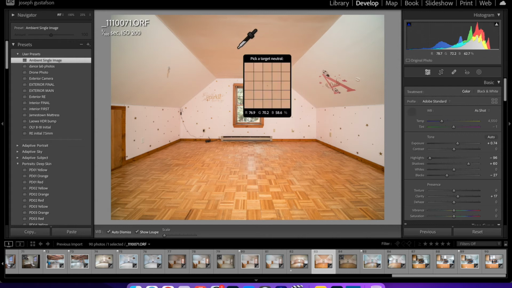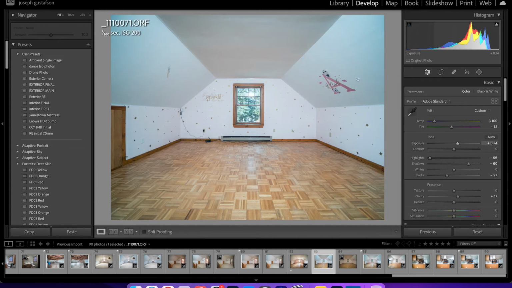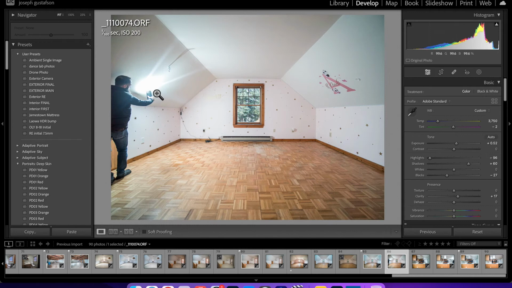again. I'm going to pick that ceiling to get me a better white balance. And we're going to come over here and notice the flash hotspot there in the window. All we need to do now is just come over to the side, and I'm going to bounce light. That way I light up the trim of the window so it's easier to blend. This is basically what I call a window repair shot, and I already did my preset bump on this,